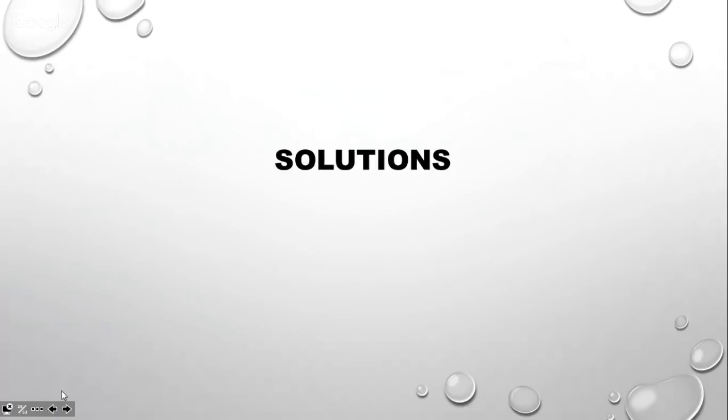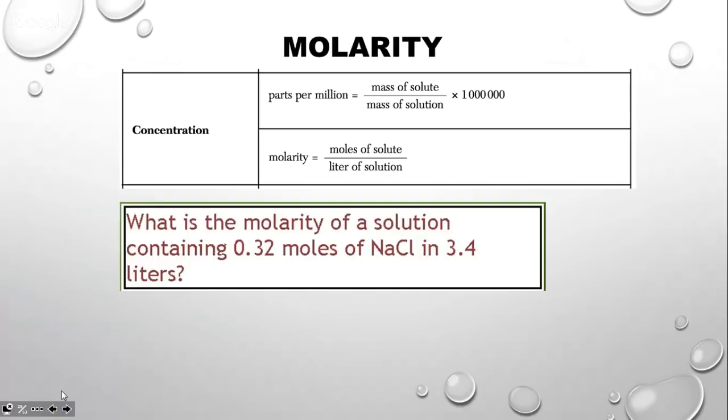For the chapter on solutions, molarity was a question that people asked. Remember, there are 2 ways that we can do concentration. We have molarity and we have parts per million. So first, if they asked a question about what is the molarity, they could also say what is the concentration. And then that would give you a clue to look at Table T